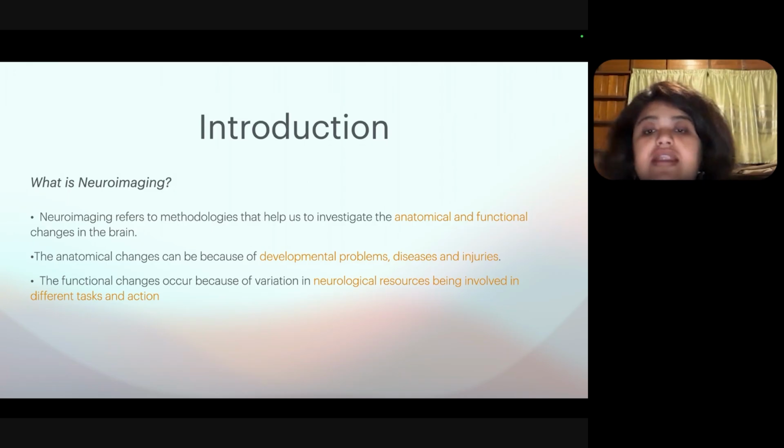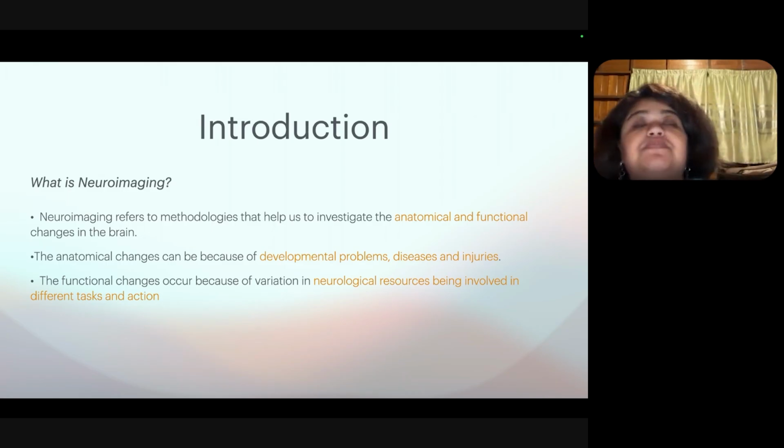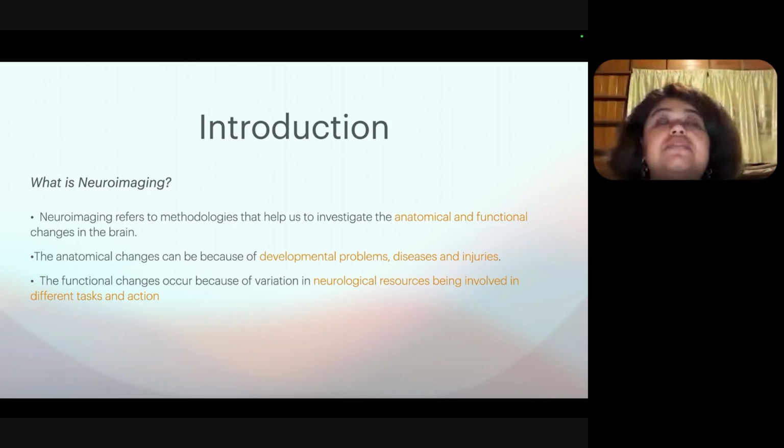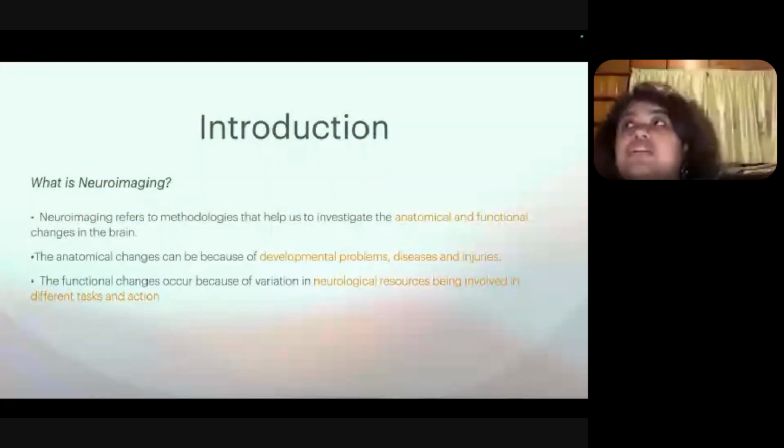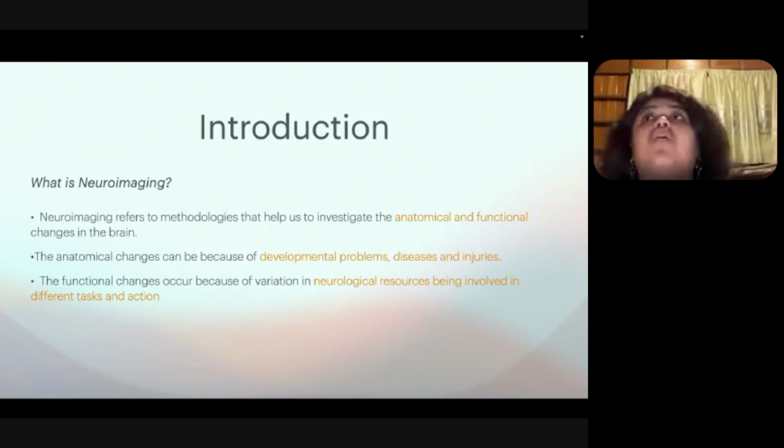And then there can be developmental problems. Developmental problems usually come in children. You may have known about cerebral palsy. You may have seen people with cerebral palsy. But other than cerebral palsy, which does not only manifest in our brain but manifests in our behavior also, it causes physiological difficulties, it causes mental difficulties. Along with that, we have autism and ADHD. These things are not visible, but there are subtle changes in behavior.